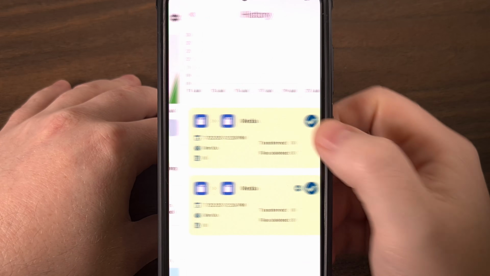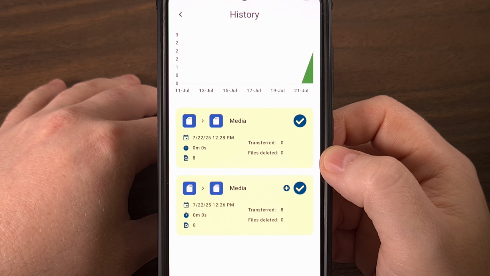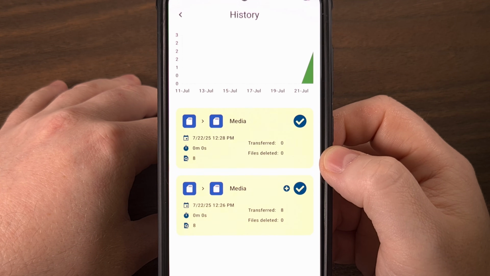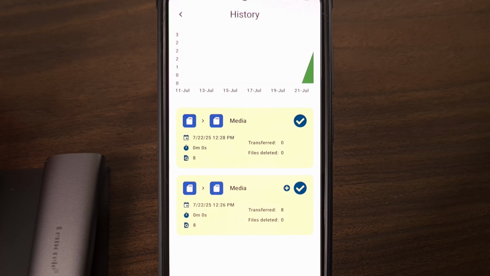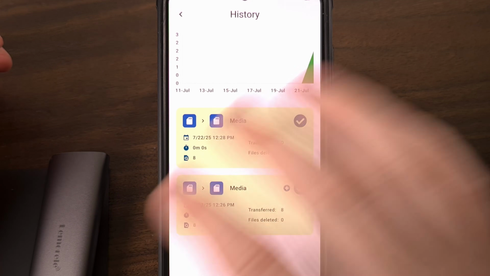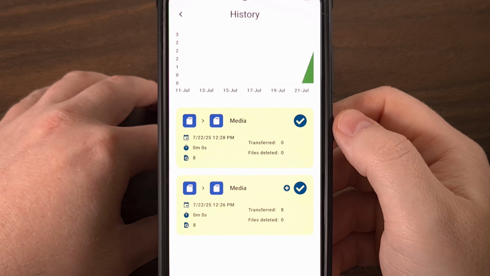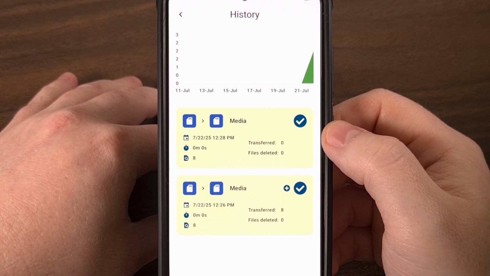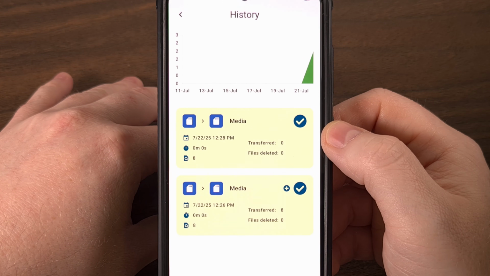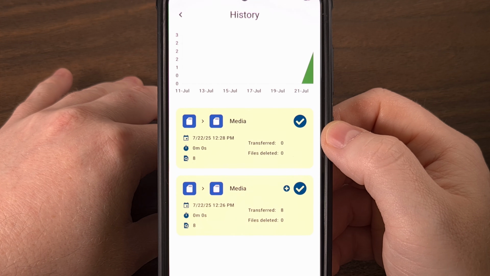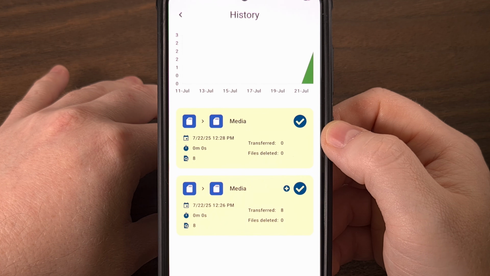I do recognize that there is an upfront cost here with the external storage, whether that's a micro SD card, an NVMe drive inside an enclosure like I have here, or one of those big external hard drives. But if you're good at following a budget, or if you just don't like the idea of uploading your pictures and videos to an online server somewhere, then setting up a backup system like this is a great way to